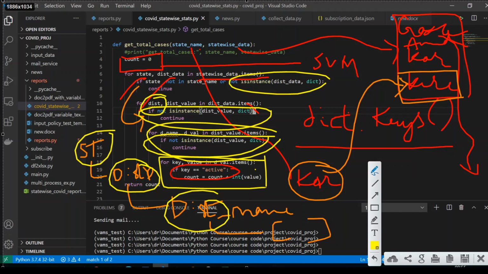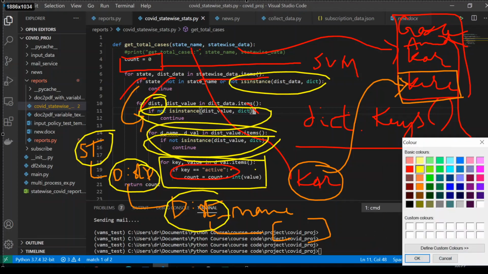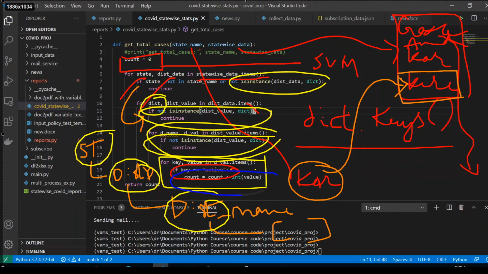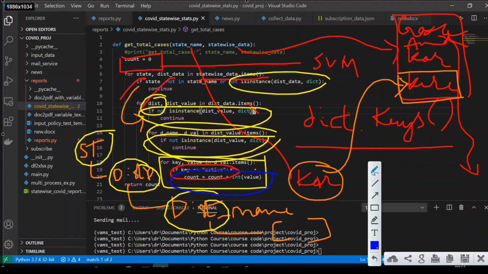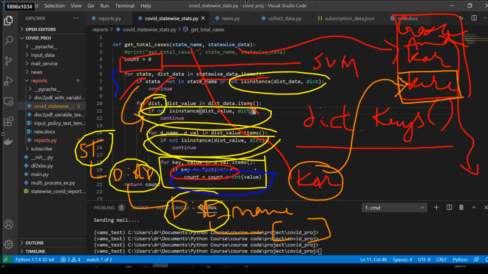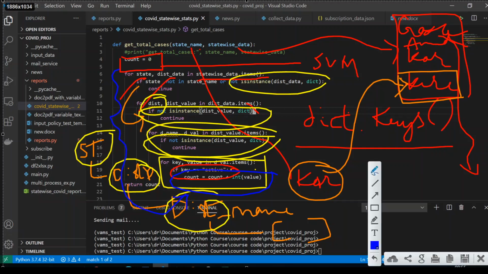So what I'm doing here is, if the key is active, only pick that element and then increment the counter. So we are parsing through the JSON data, which is coming as a dictionary, and finally picking up that particular value and summing it up.